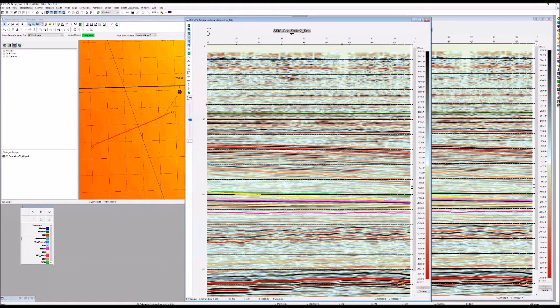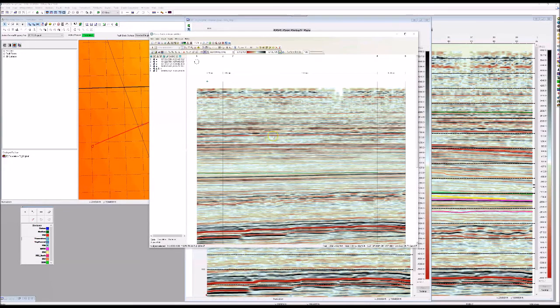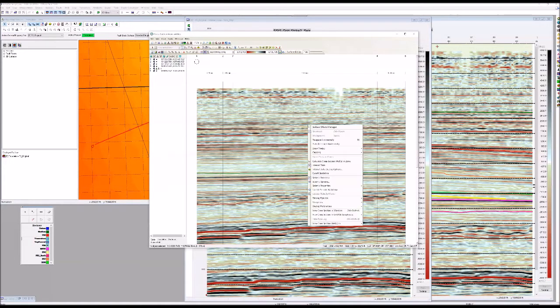Another key integration feature that we've added is the support for geobodies in Geo Modeling. Any geobody that you've picked on your seismic can now be displayed on your cross sections and also in the Geo Modeling 3D view. So a geobody is available in all its forms in the Geo Modeling application. So for example, this high amplitude reflector you see down here, I've picked that as a geobody in Geophysics, and to display that here on my cross section, all I need to do is go to Seismic Options, to the